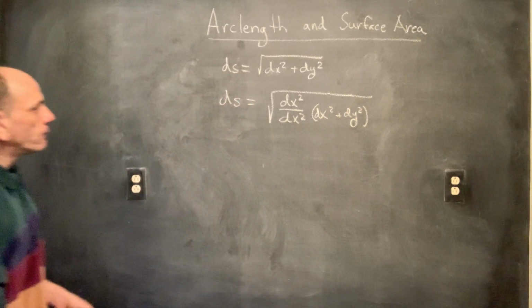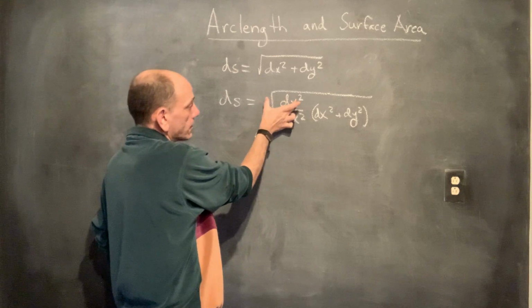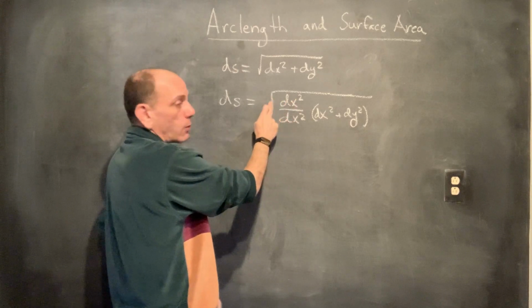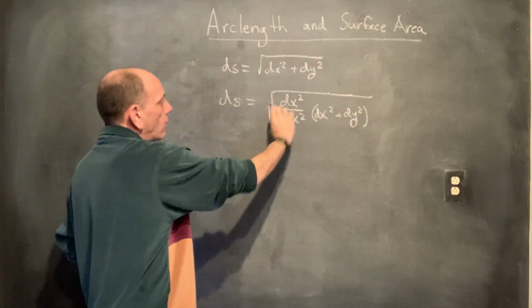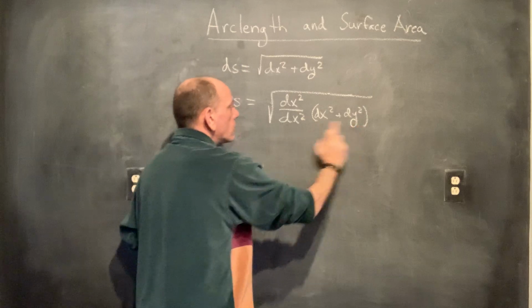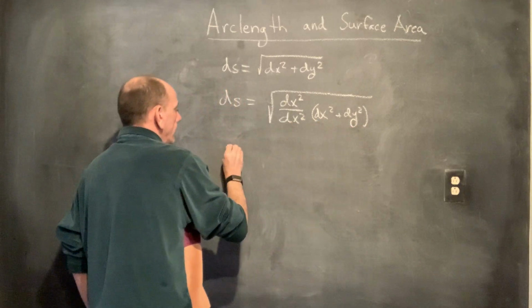Okay? So I have the square root of dx squared upstairs. The square root of dx squared is just dx, so I can pull that dx out. That was my goal here. This other one I'm going to distribute through. The 1 over dx squared I'm going to distribute through. So I have ds